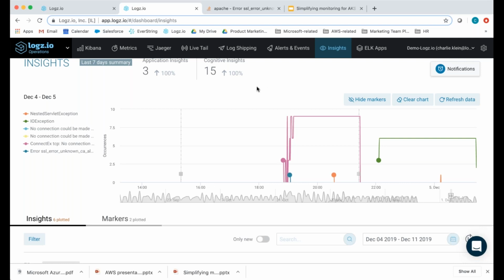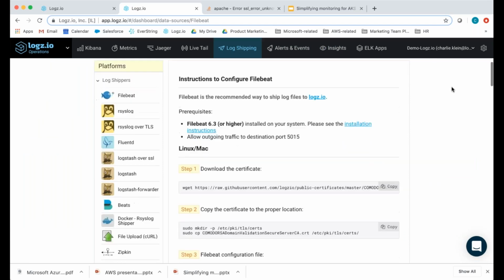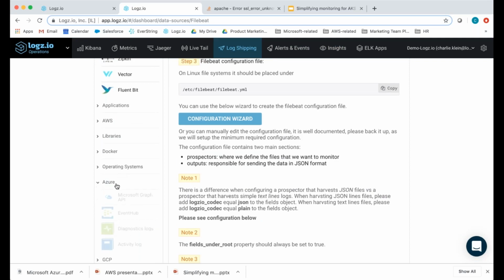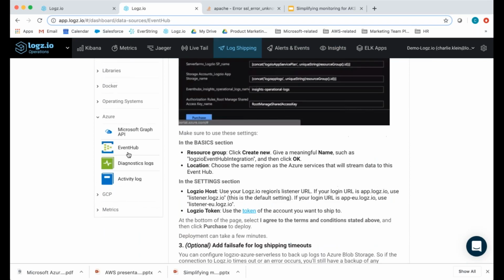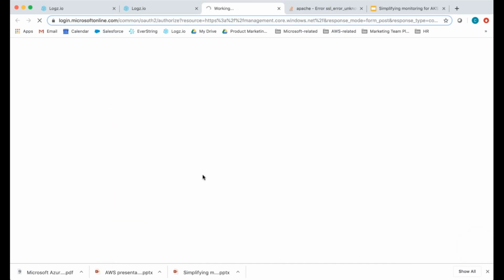The last thing I want to show is just to elaborate on that integration slide that Paul was showing us earlier, to show how to ship log data, or Azure AKS data, into Logz.io. If we go into the log shipping page, scroll down to Azure right here, open up Event Hub. That brings up this page here, which is just instructions on getting data from Event Hub to Logz.io. If we just click this button right here, that automatically creates a template for us,